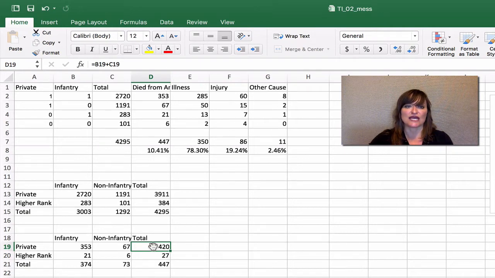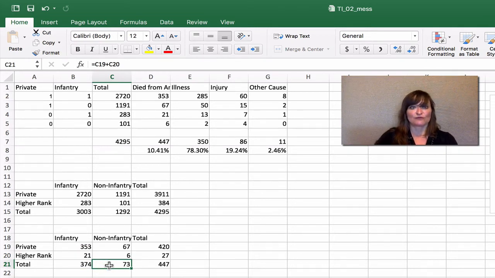We're able to say, let's just sum up all of the privates, ignoring the variable infantry and non-infantry. And so that's called collapsing the data across the levels of the other variable. That's what we've got here in our total row and column. We've still got the base rate problem where this 6 and this 67 look really different because we haven't got them relative to their base rates.